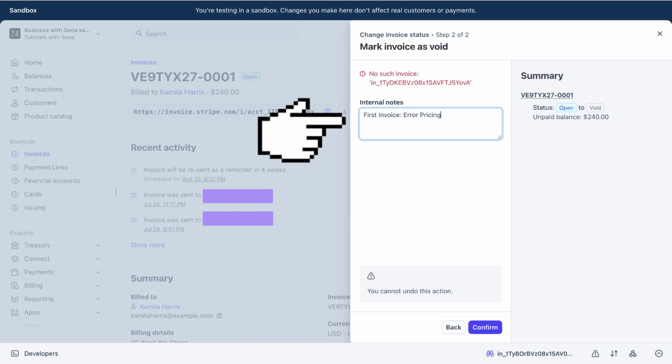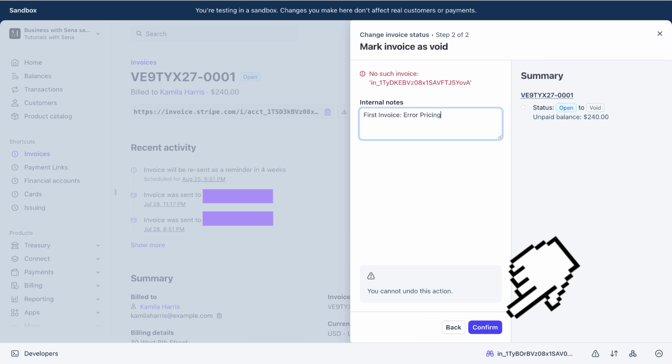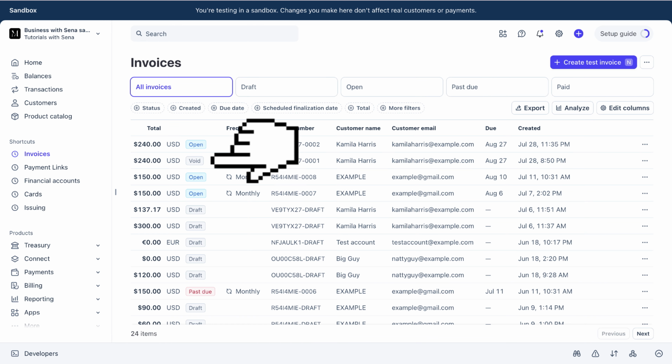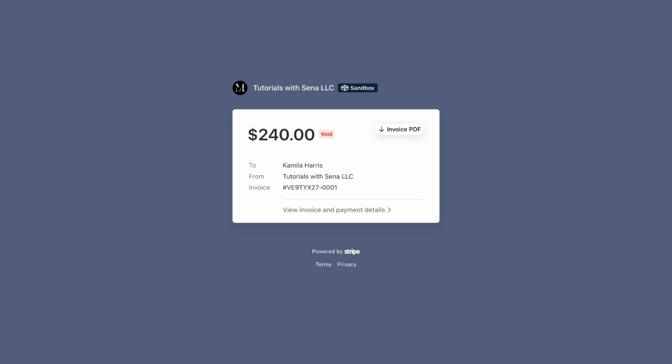You may then add some notes for yourself about the invoice cancelation and hit the Confirm button when you are good with everything. There you go. As you can see, the first invoice has been voided and it will become easier for you to spot. This is what your customer will see when they open the first invoice,